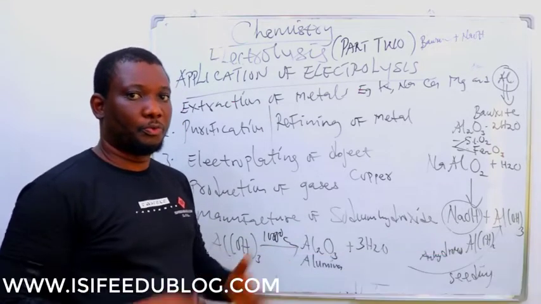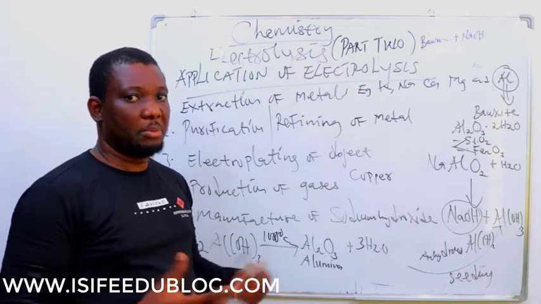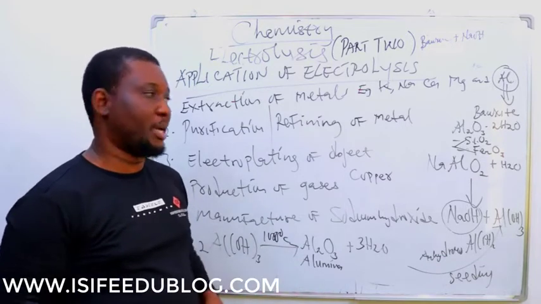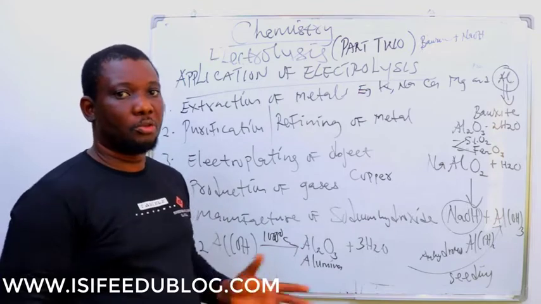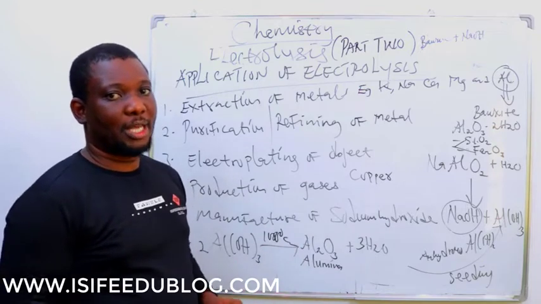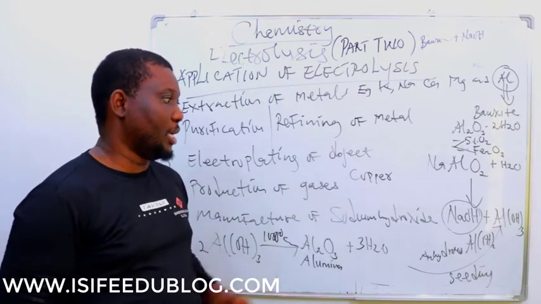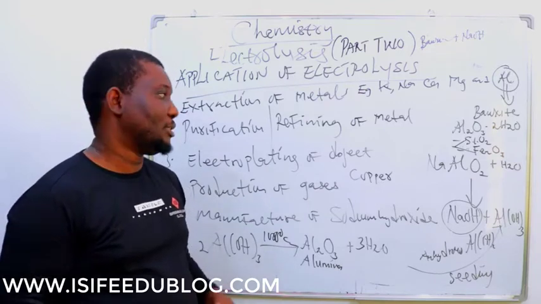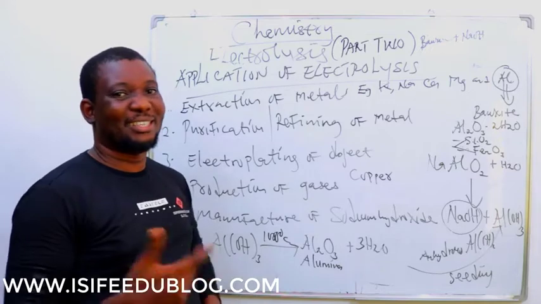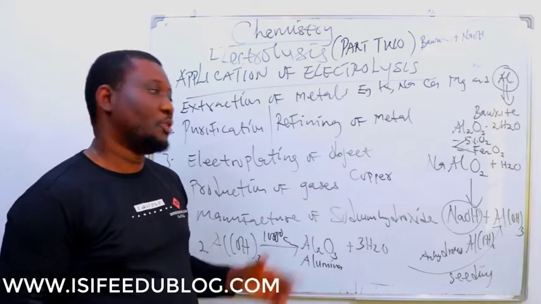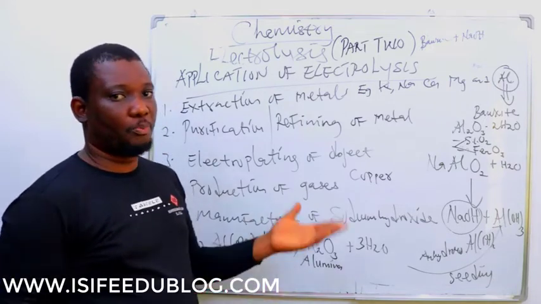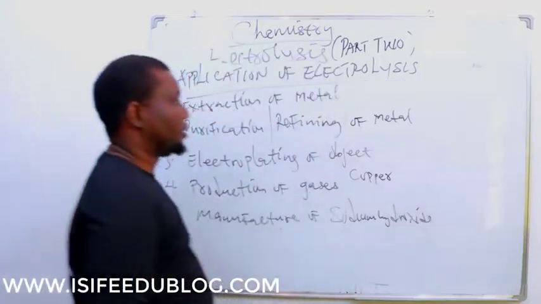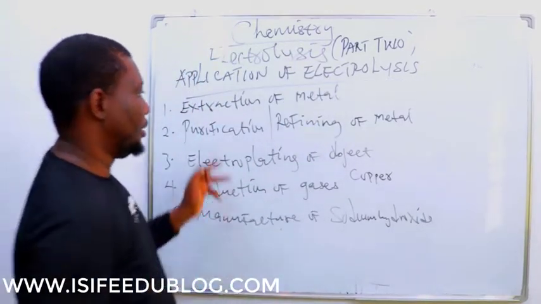Heating the ore by any method, thermal or by reduction using some kind of reducing agents. The metal obtained this way is not that pure. In fact, metal obtained from here is less than 90% pure. So to purify such metals like copper, in most cases, electrolysis must be carried out in